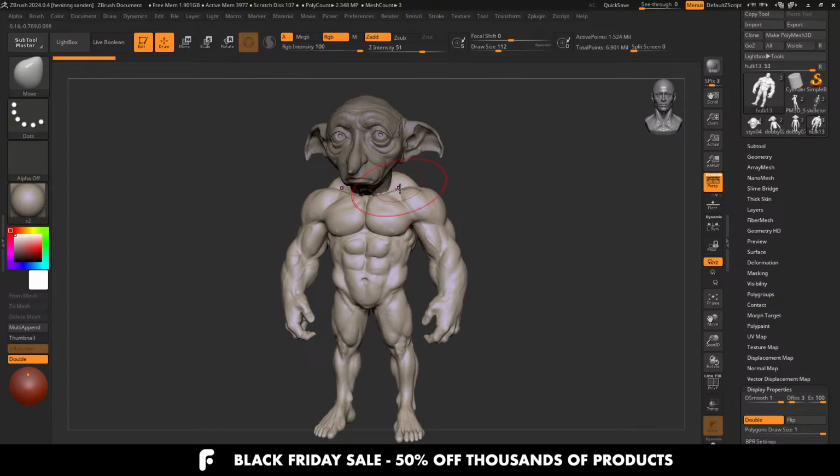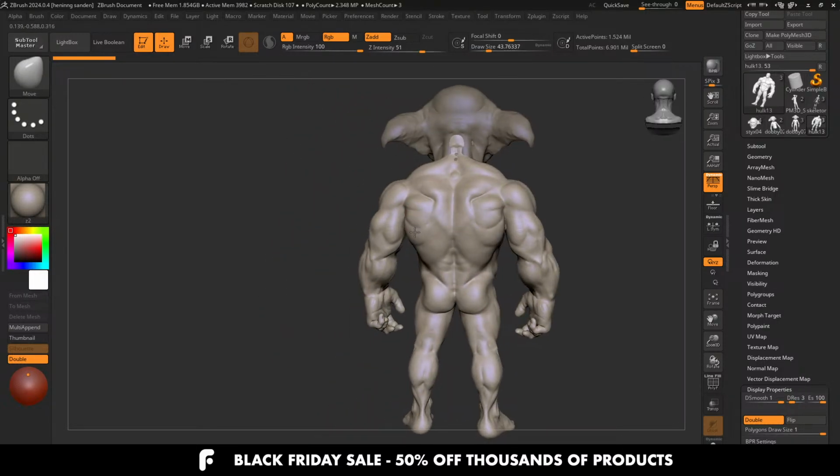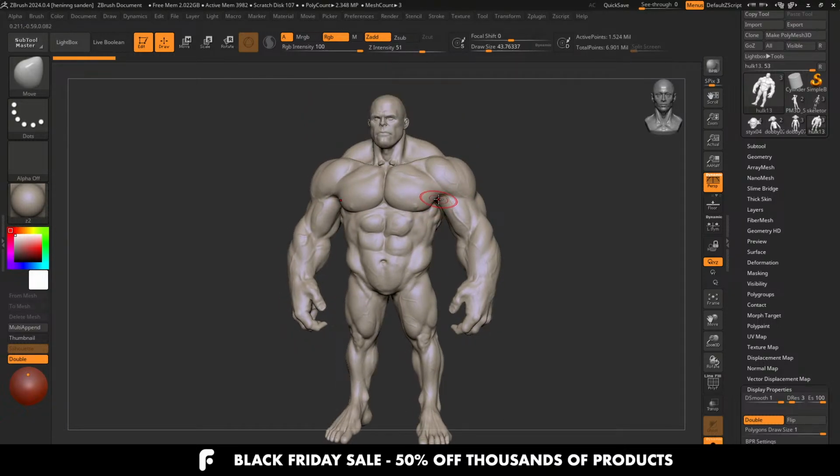Here we go. Here is Swole Dubby. This was for Intro to Anatomy, where I sculpted this dude here. I think I scaled him up as well and just played around with him. But yeah,